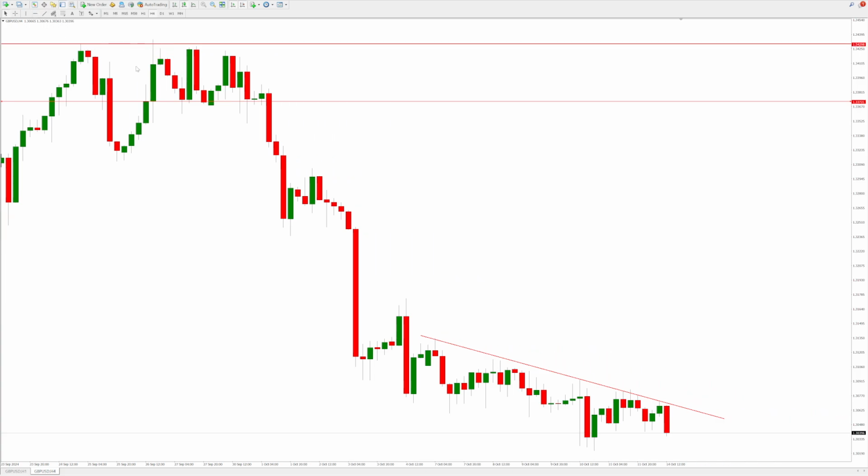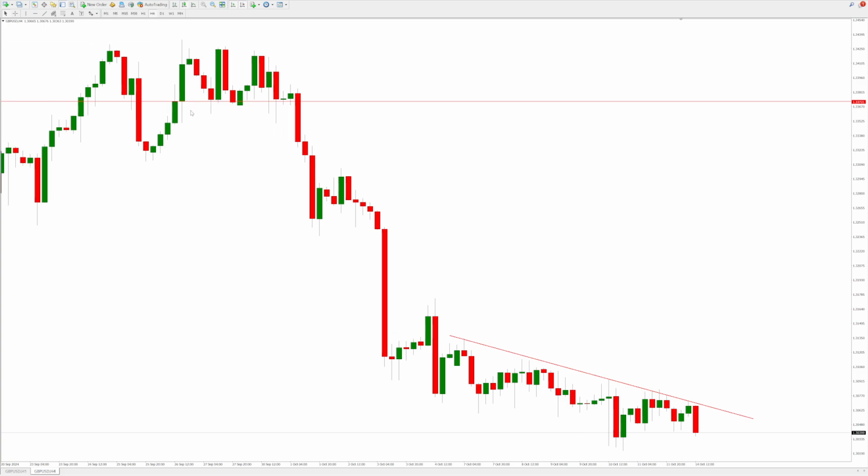So if we just mark that, you can see this level of resistance here. We're still within this zone, so you'd want really for a breakout like this just to confirm the direction of the market before looking for the pattern. That being said, had we